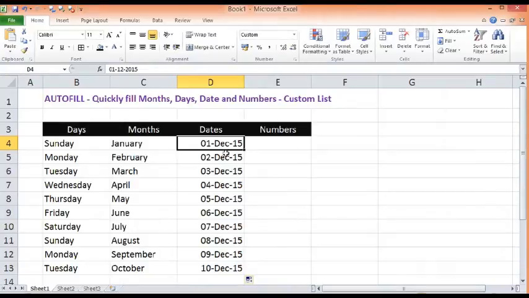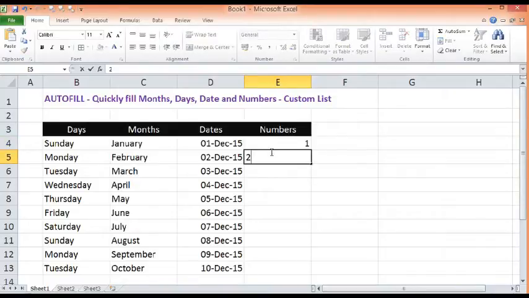We can use this autofill feature to add numbers or generate numbers or multiplications even. Let's see how we can do that. I will type as 1. Next cell I will type as 2. Now as I will select these two cells, and here I can see that at the right hand side pointer is changed to plus sign.